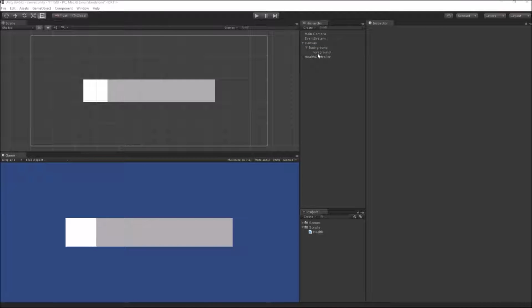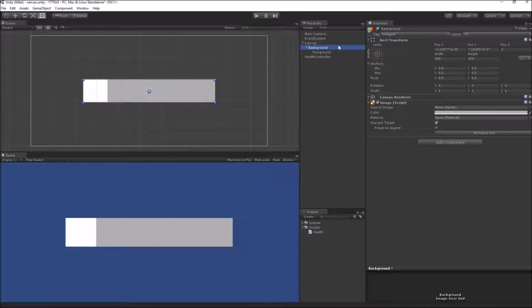So I have gone ahead and created two image UI elements. The first one is the background image, simple without any modification. And on top of that background image, I have another image whose width changes based on the health value. So when I control this width, it will expand and fill the background image, and it looks like the health bar found in many games.